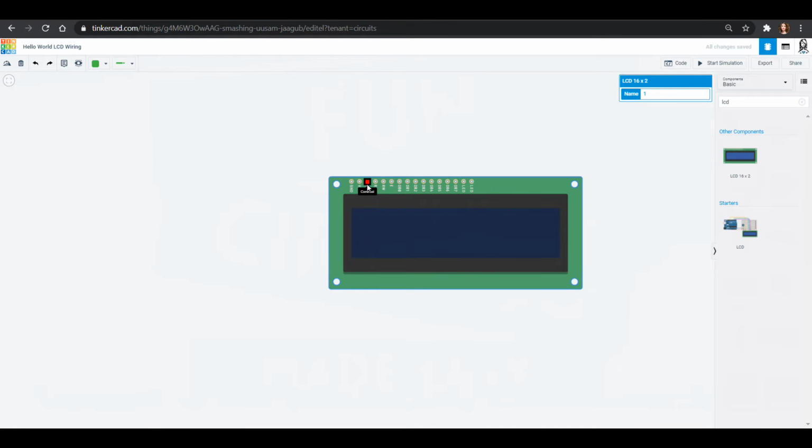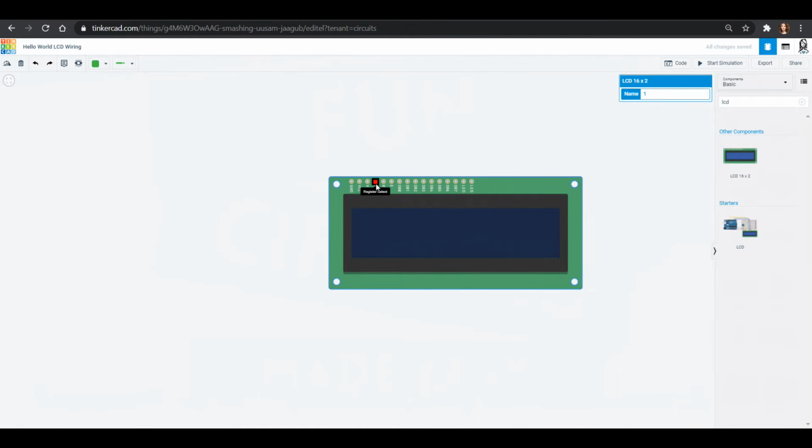And then this one is contrast, this V0. Now our contrast is going to show us how much of backlighting we have on this when the screen is on. So like how bright is that green backlight on our black text. And the way that we can control that contrast is through the use of a potentiometer. If you haven't done some of our other videos, the potentiometer is like a variable resistor that you can turn the knob and change it on the fly. So this is going to go basically to ground and 5 volts through a potentiometer